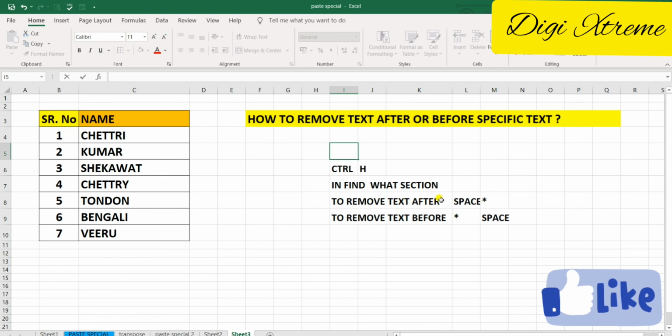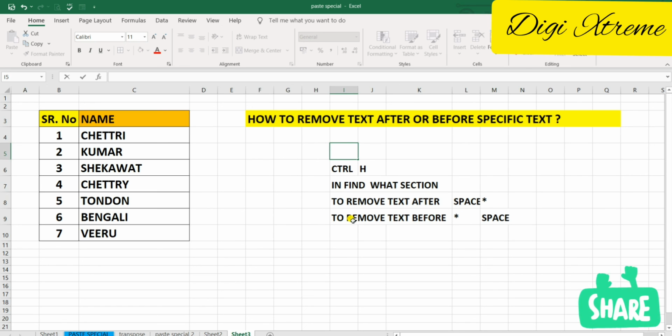To remove the text after, you will use space then star, and to remove the text before, you will use star space.